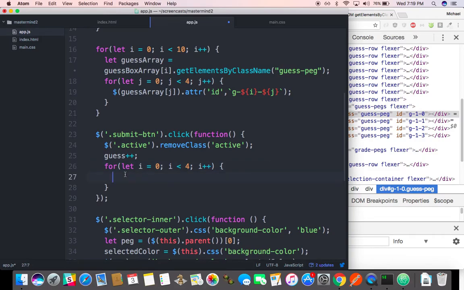Then here's where the magic happens, baby. We're going to select each of those. We're going to select them, and we're going to add a class. And what class are we going to add? We're going to add a class of active. But how do we select them? Well, you think this is what we usually do, and I somehow say it? All this is doing is making a string. And we just learned a cooler way to make strings. Backtick, g dash